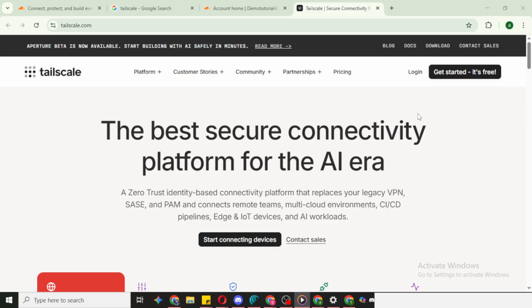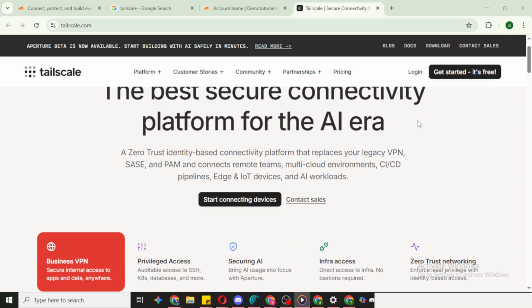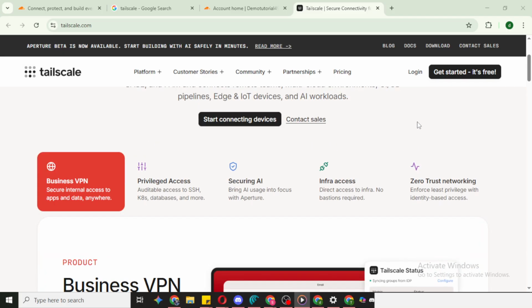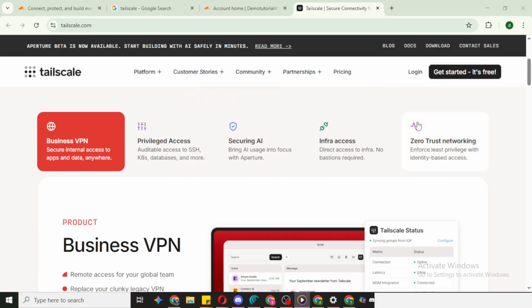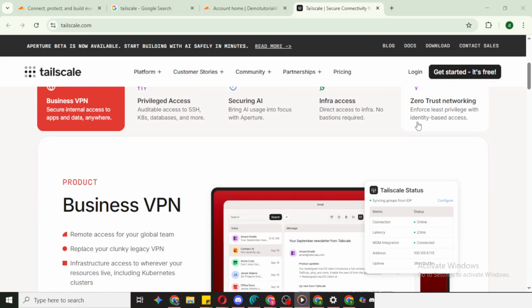Tailscale works like a private mesh VPN built on top of WireGuard. Think of it as creating your own secure encrypted network where your devices talk directly to each other as if they were on the same local network. Once connected, you can reach a server, NAS, or a personal computer by its stable private IP without punching holes in your router. Because connections are device to device, latency is low and performance feels snappy, which is great for home labs, remote administration, and private file access.